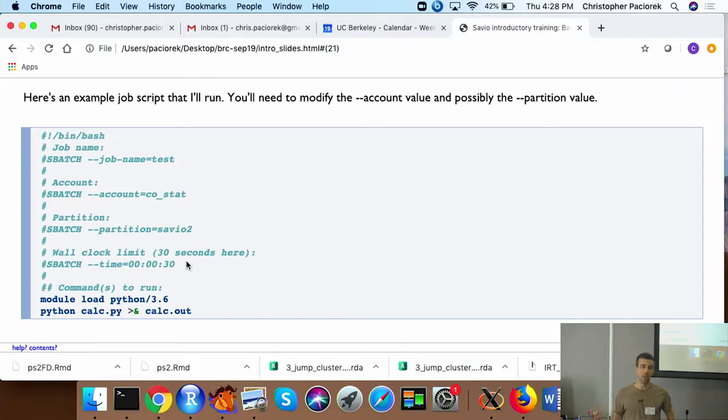If you're on a condo, then the time limit will depend on the condo. But for most users, the maximum time that a job will run is 3 days. So you could put 3 days on here. If you know it's going to run rather shorter than that, you should put a more realistic time limit. And the advantage of that for you is that